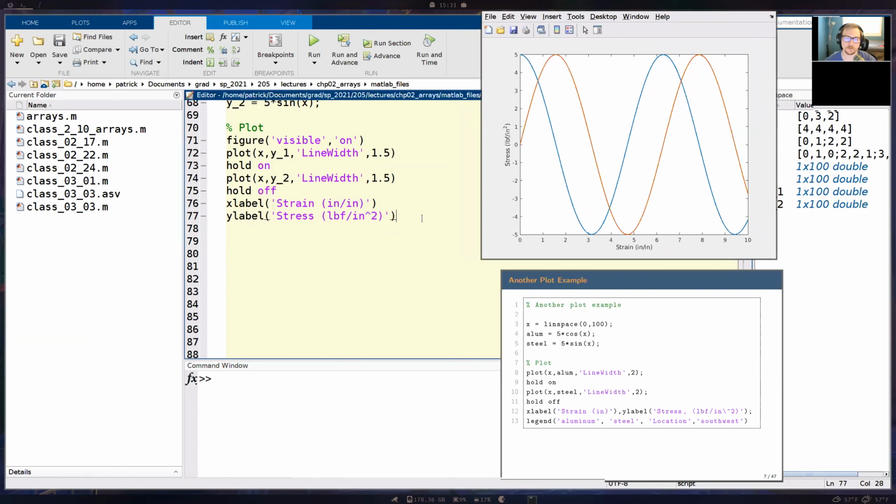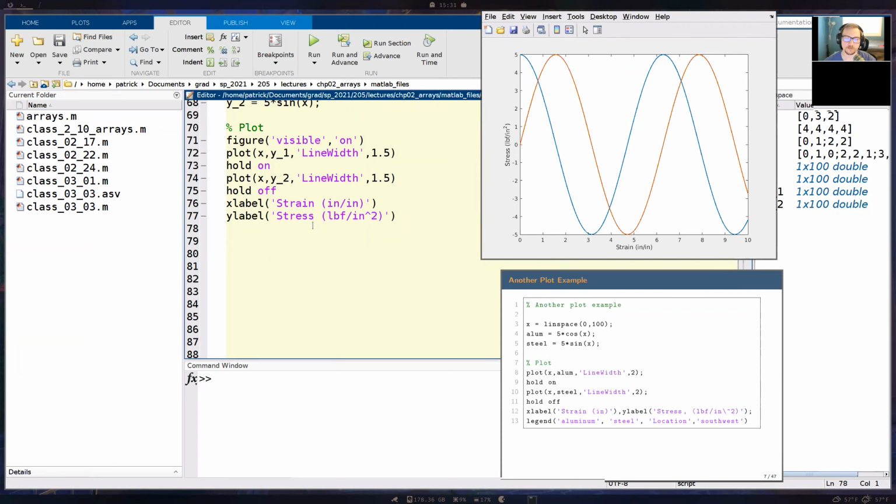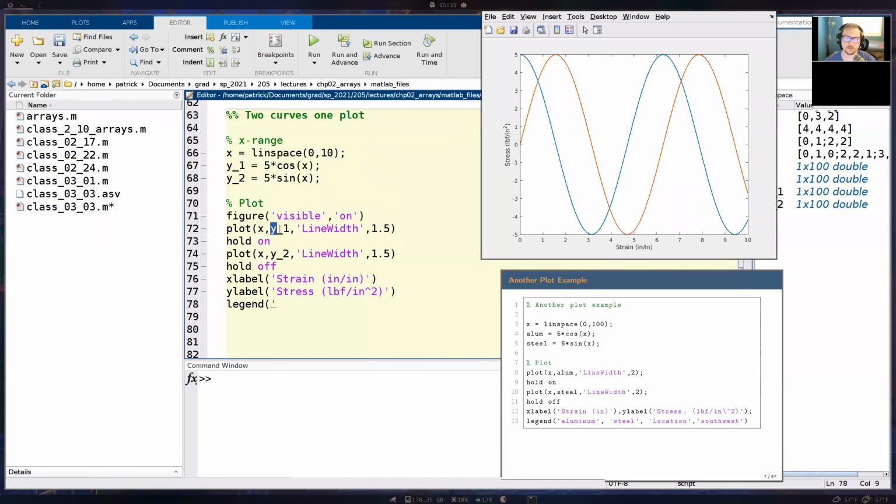And then we'll add in a legend now, because remember we have 2 curves here, so in this case it would be very useful to put in a legend so we know which curve corresponds to what. So I'll put legend, and then my first argument is going to correspond to the first curve that I plotted. In this case that was x and then y1. Y1 is the more important thing that we want to look at, because that's the dependent variable. So in our legend, I'm going to put y_1. And then for the second argument, that's going to be the second plot that we made, so I'll put y2.